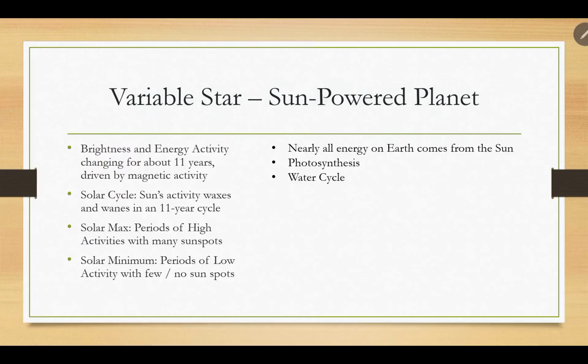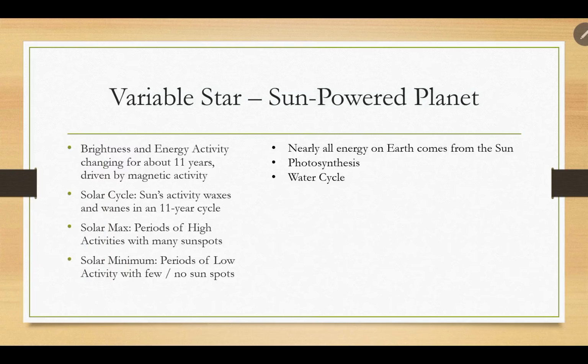Variable star, the sun. So the sun is a variable star because the brightness and energy activity has been changing for about 11 years, driven by the magnetic activity. The solar cycle, not system, that's what we all are in. The solar cycle is about an activity that waxes and wanes, which just means goes up and down in an